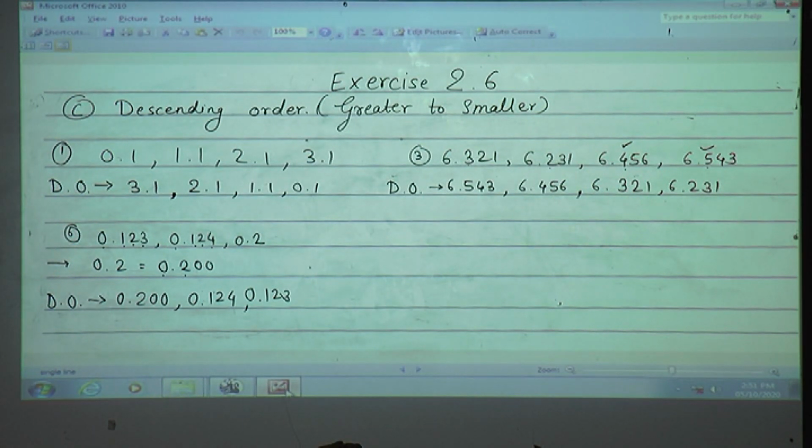Understood? Very good. Now here I have solved 3 examples for you from C question, and from B also. In the same way I have solved 3 questions and 3 I kept for you. So the remaining all 3 examples you are going to solve on your own in your rough book. Okay, now we will move to the next concept.